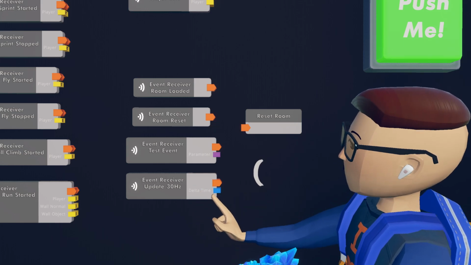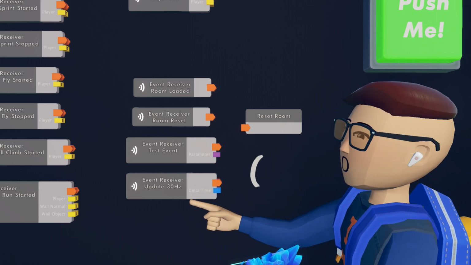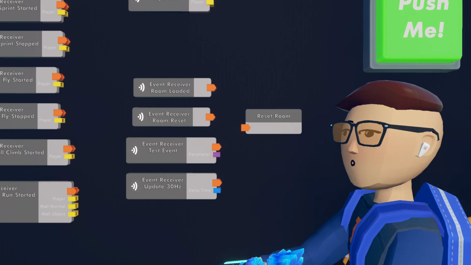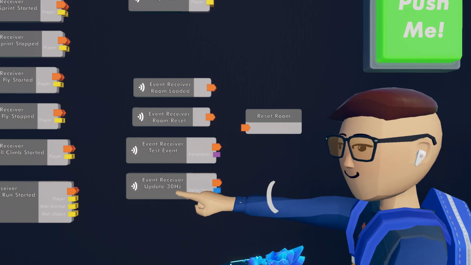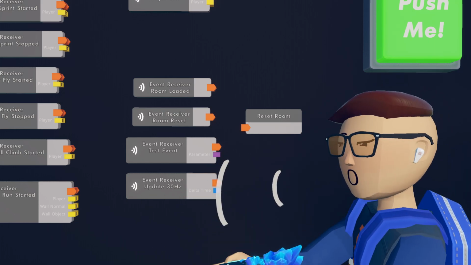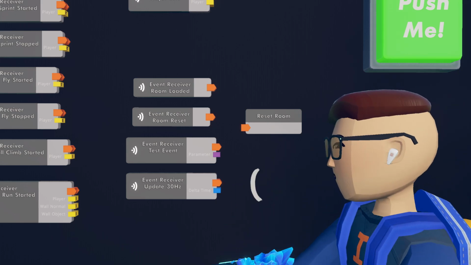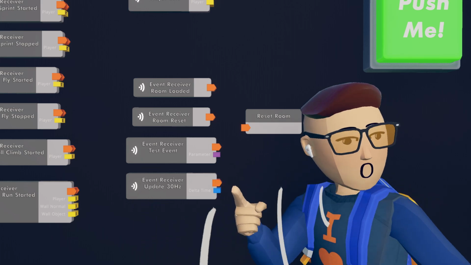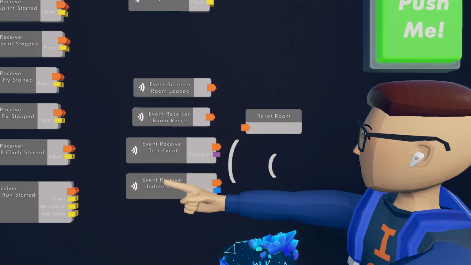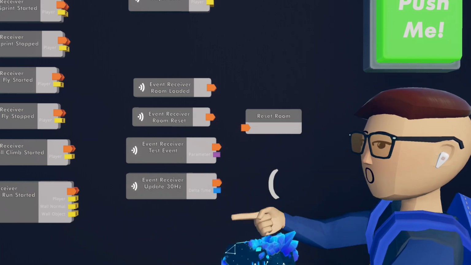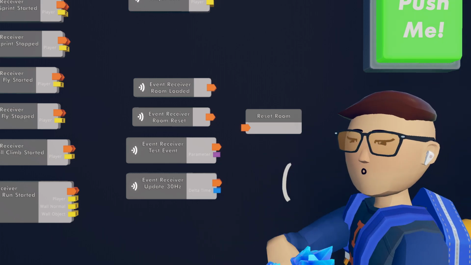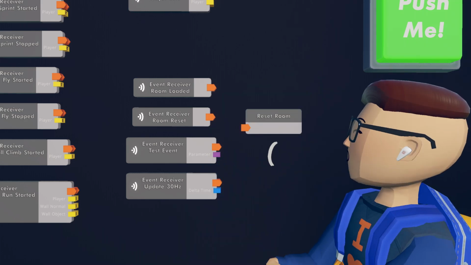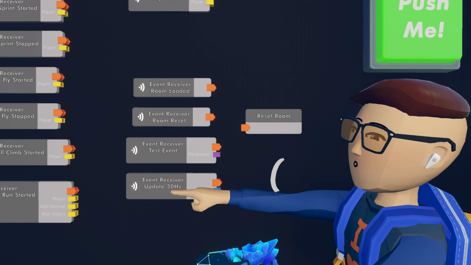There's a delta time output on here. This is how many seconds have passed since the last time this ran. Given that it says 30 hertz, you might think that the delta time is exactly a 30th of a second, and every time it runs, it's going to be the same value. This is actually how it used to be. That was a bug, but now it actually is accurate. We'll get the real time on your computer that has passed since the last time that ran.